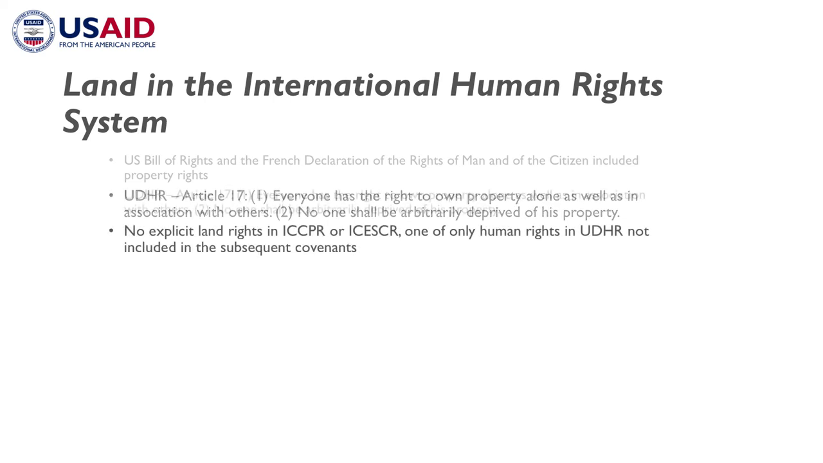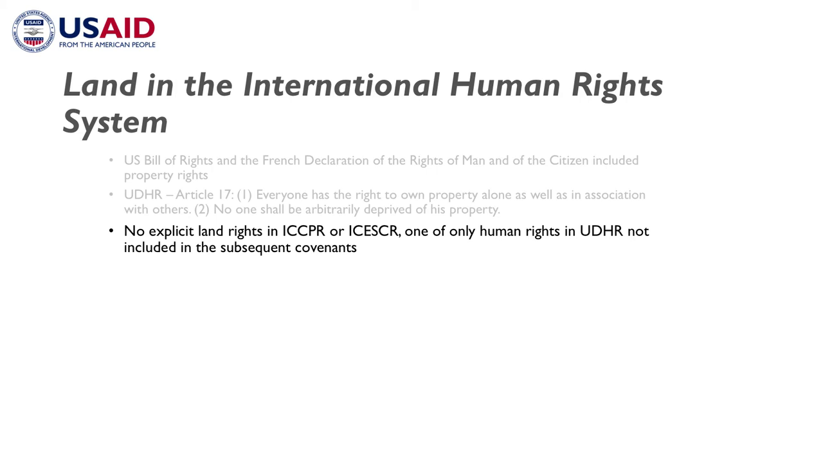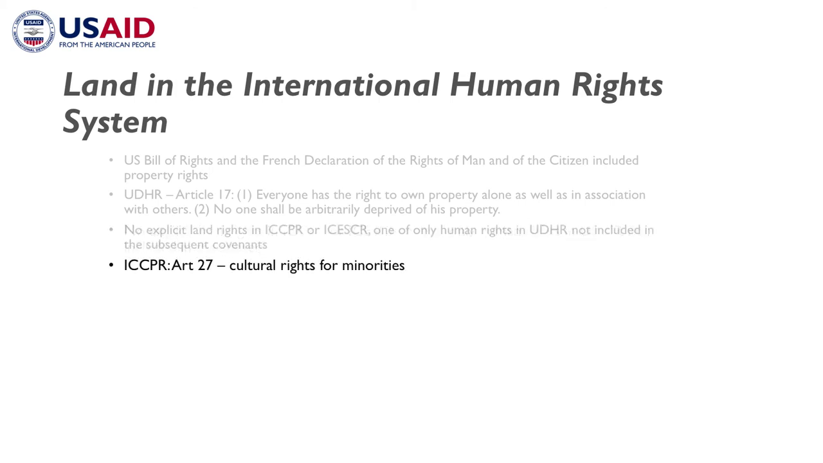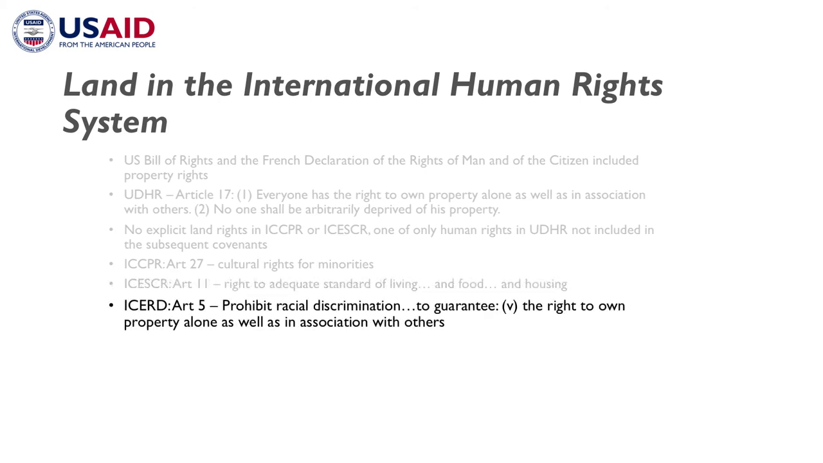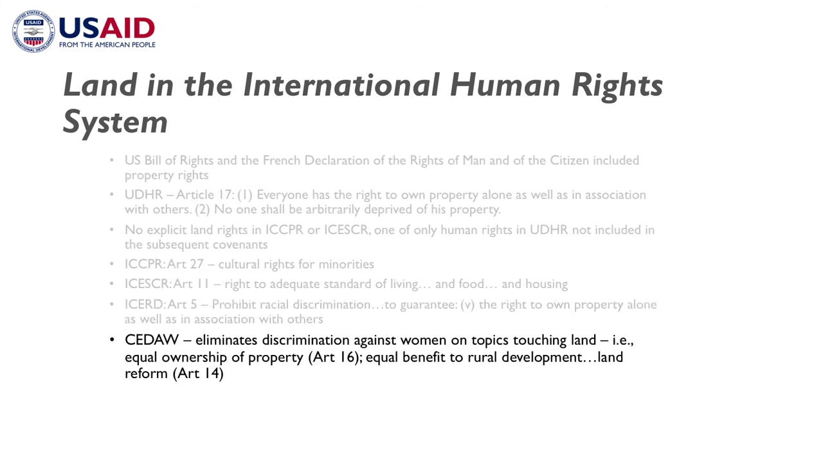However, when the ICCPR and ICESCR were drafted, there's no explicit discussion of property rights or land rights. The ICCPR Article 27 discusses cultural rights for minorities. The ICESCR Article 11 discusses the right to an adequate standard of living, including food and housing. And then subsequent conventions: the ICERD Article 5 talks about prohibiting racial discrimination, guaranteeing the right to own property alone as well as in association with others. CEDAW talks about eliminating discrimination against women on topics touching land and equal ownership of property, equal benefit to rural